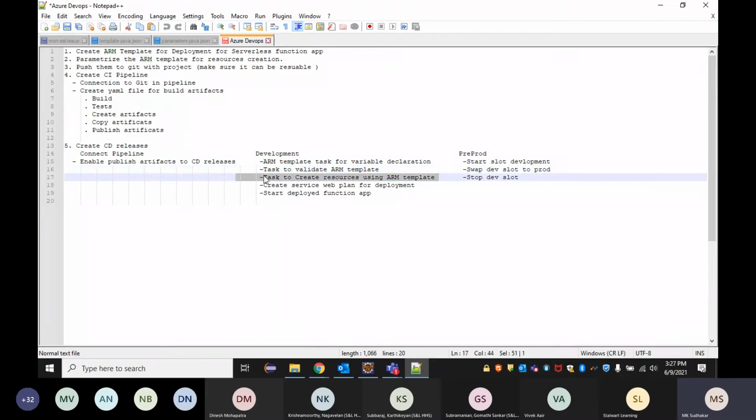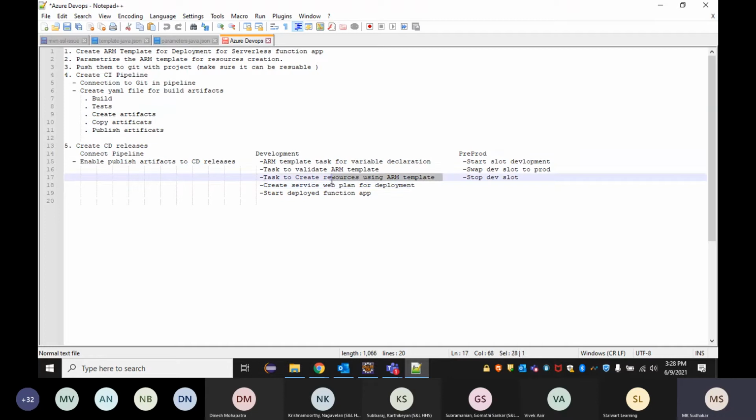Now we have a second task to create resources in Azure by using this ARM template. This is the main job, because we are creating the resources automatically, whatever resources are required, like the hosting plan, the resource group, the function app name, the storage account, enabling the app insights, right? Enabling the app insights, everything, whatever is required, dual slot deployments. So this all can be done through the ARM template in one shot. We don't require to do that from Azure manually.